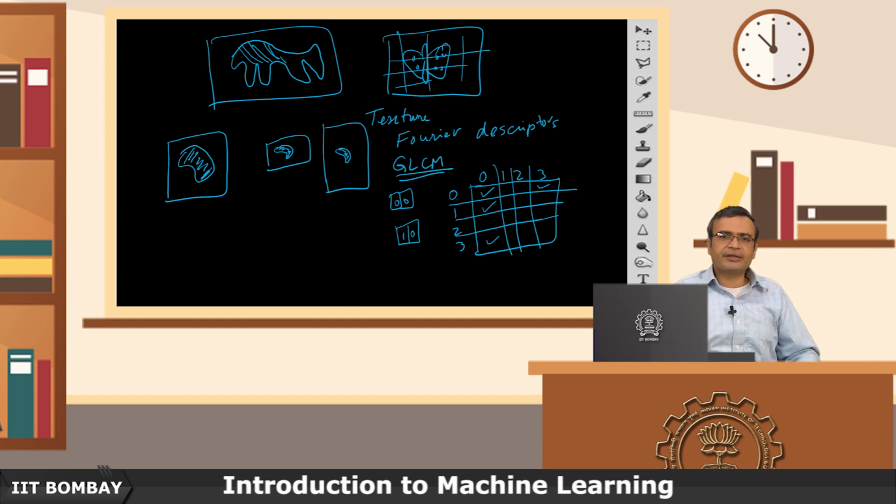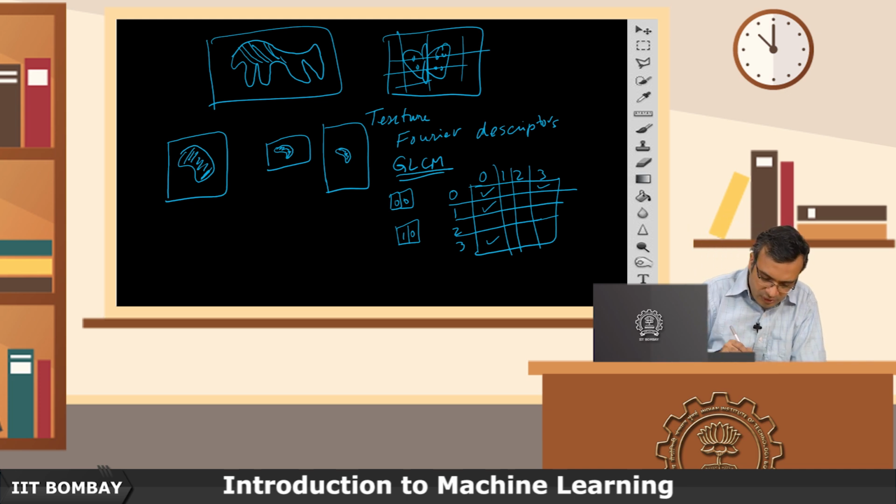Or it can be rotated, or translated left, right, up or down. So we want features that describe shape that, depending on the application, are invariant to these transformations. There is something called Hu invariant moments,